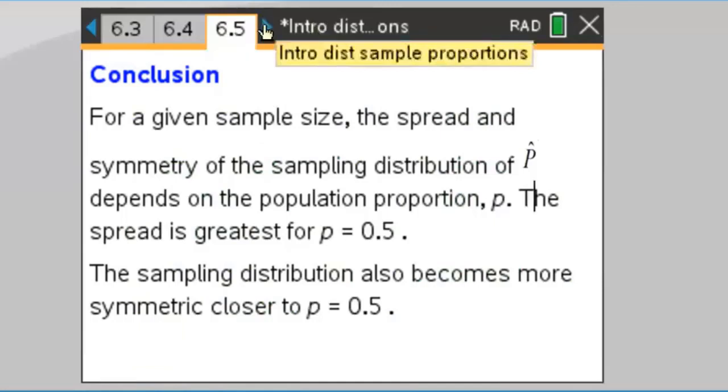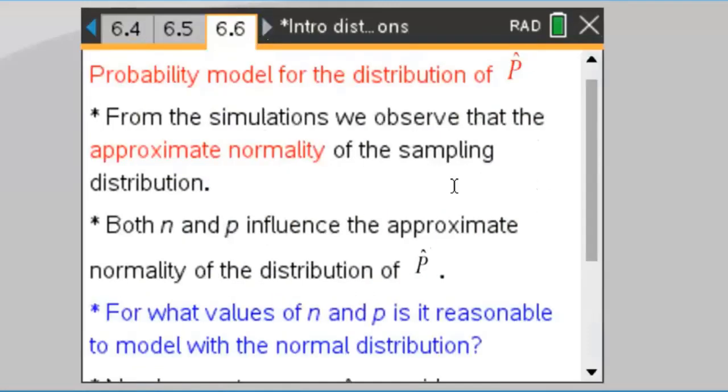Okay, so one of the key features is that the approximate normality of the sampling distribution depends on N, and it also depends on P. Okay, so we see that the symmetry and all of that sort of stuff changes, but both N and P can change that. So for what values is it reasonable to use the normal distribution to model the sampling distribution